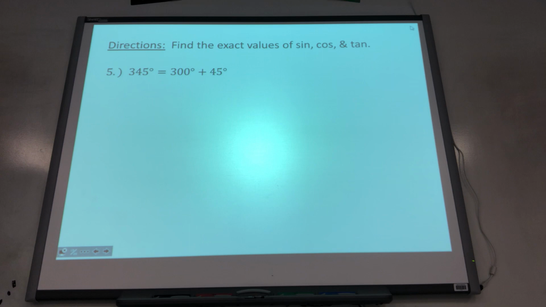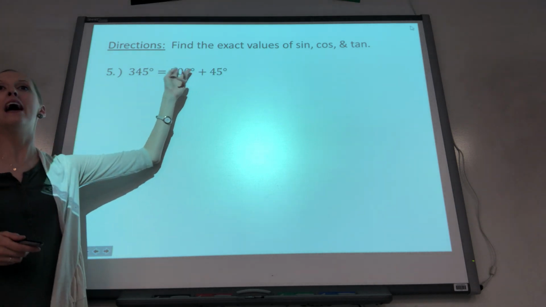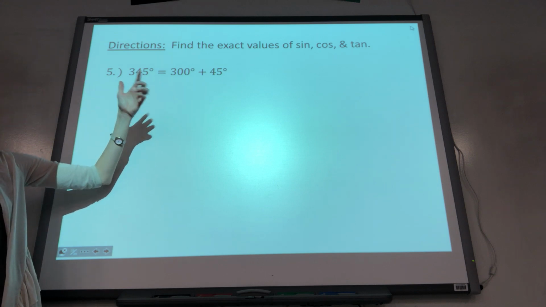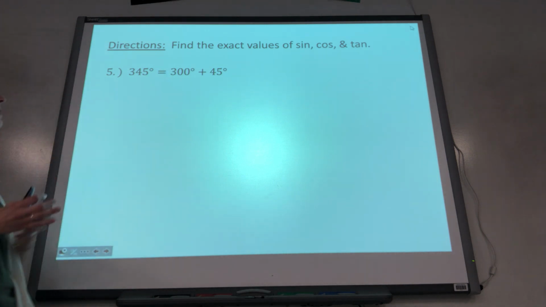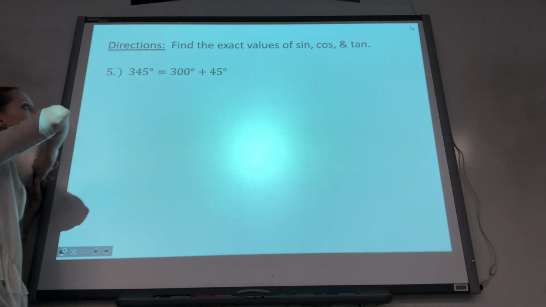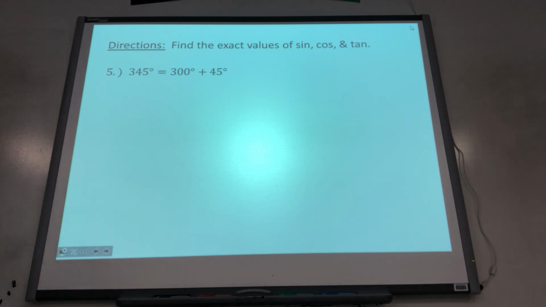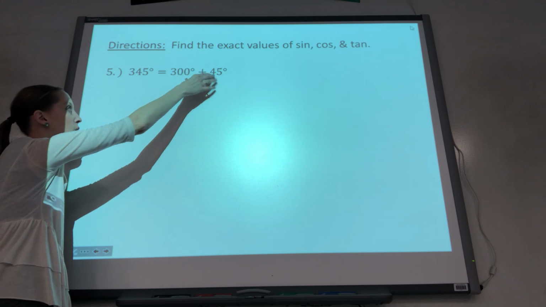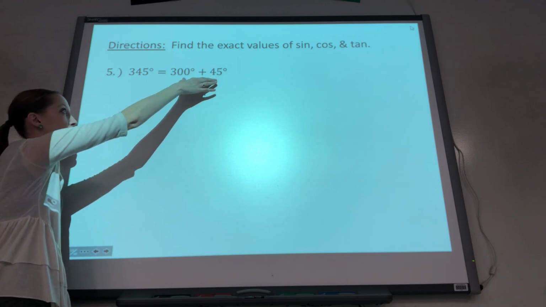The sum has already been found for you, and I'll go ahead and tell you on the test. I can't remember if these problems are on tomorrow's part or Friday's part, but wherever it is, this will be given to you. You won't have to find your own pair of angles that add up to whatever. That part will be there, so that is hopefully going to save you a little bit of time as well. It might be in degrees or it might be in radians, but either way, the sum or the difference, whatever it is, will be given to you.